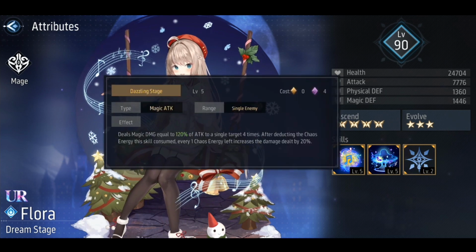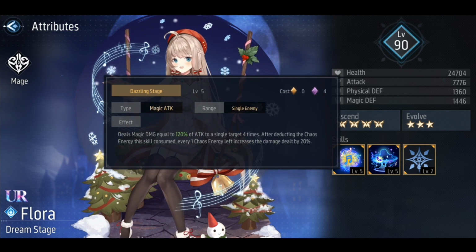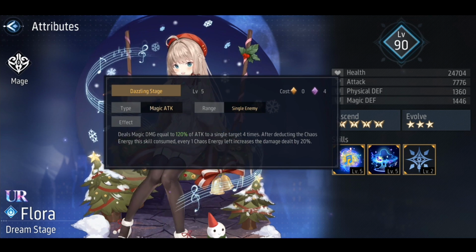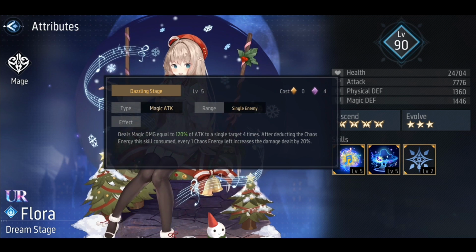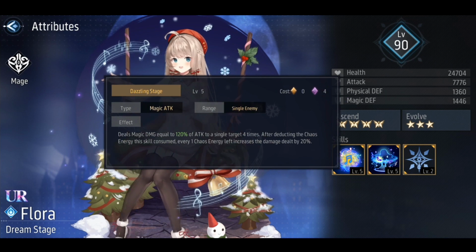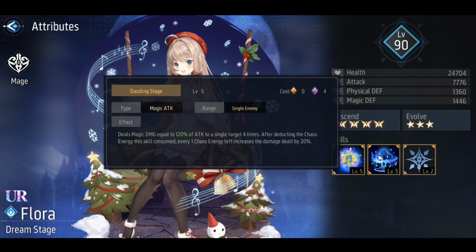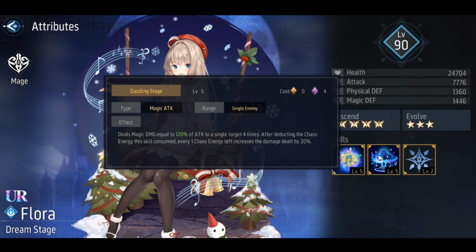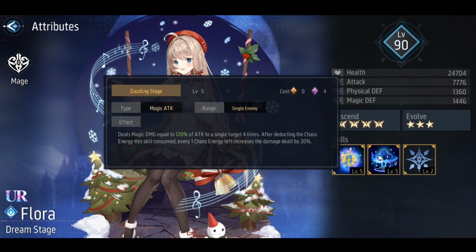Therefore, the damage dealt is going to be increased by 20% times 6 remaining chaos bar, which is 120% damage. Now, I'm not sure if that is 120% on top or if it's 120% on each attack. If it's a 120% damage dealt increase for each attack, that means it'll double from 480% attack total to 960% attack total. So I don't have this Flora yet, so I can't really say for sure which one it is, but